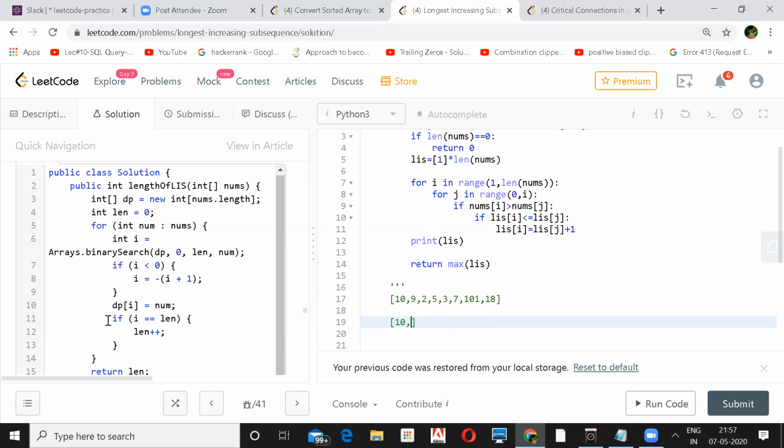Correct. And so now, I'm sorry, go ahead. Yeah, i is also 0 and length is also 0. So it will increment. Correct, right? So now the length will be 1. Then for the second iteration from 0 to 1, it will be looking for the value 9. Correct. So that also he won't be able to find, so he will return -1. And then again, the i will be 0 in this case, and he will store 9 again on 10. He will overwrite 10.